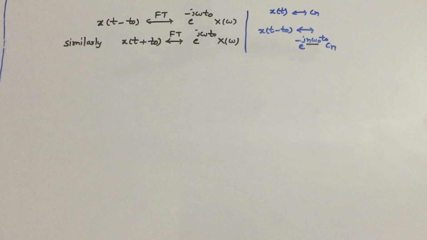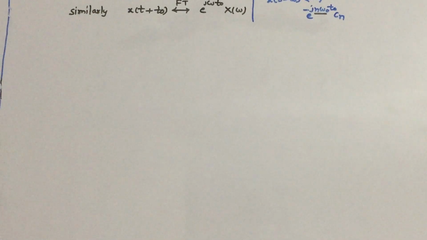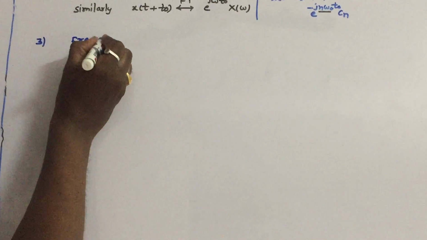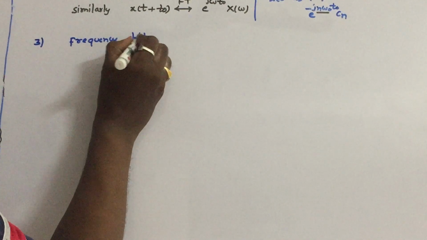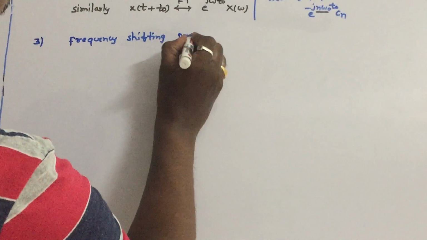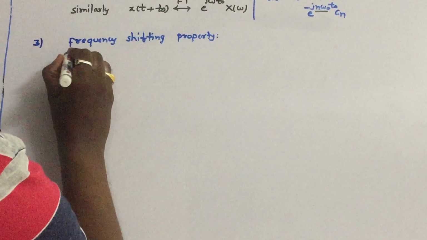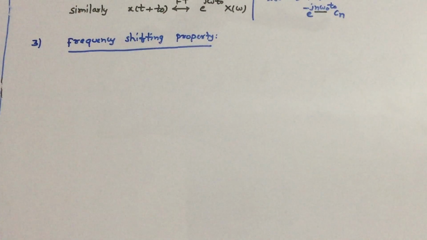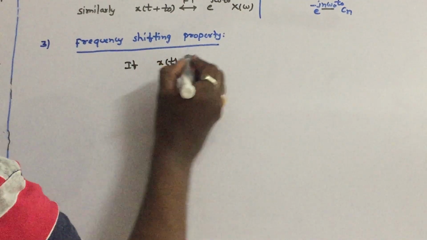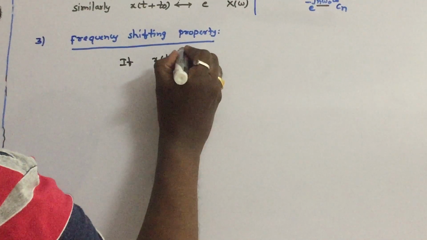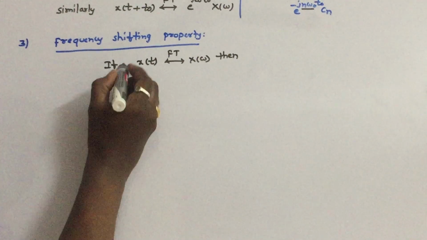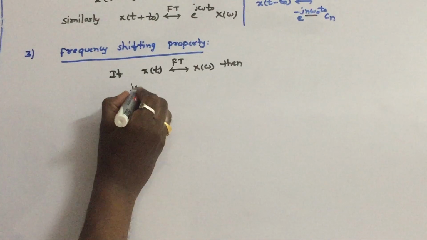Okay. Now let us see the third property, the frequency shifting property. This property we have not discussed in the exponential Fourier series. It is a very simple property. Let us see this. If x of t has Fourier transform x of omega, then if you multiply x of t with, say, an e power j omega naught t term,